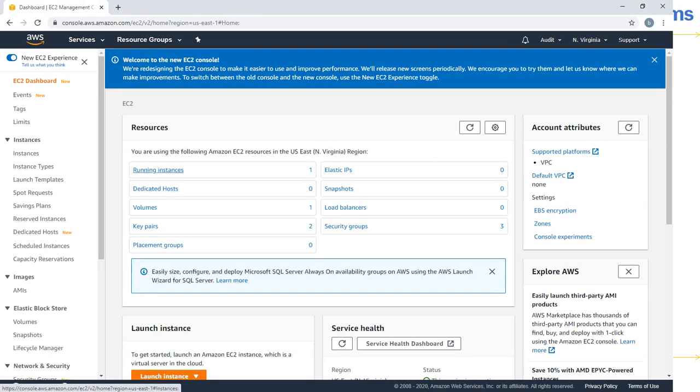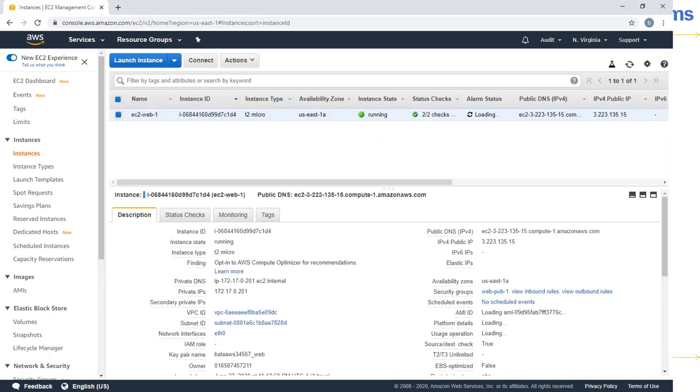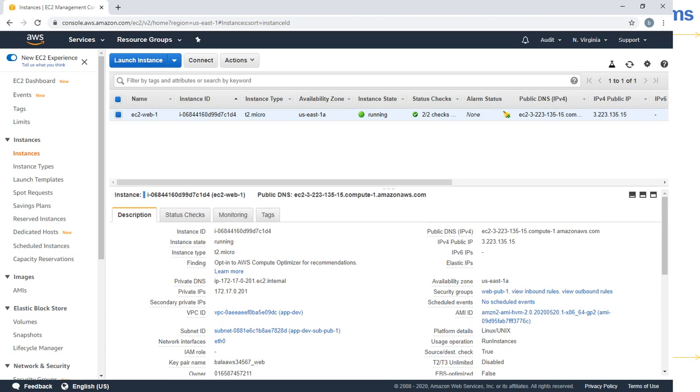If we go to EC2 instances, I have already created an EC2 instance. I am assuming you know how to create an EC2 instance. If you want to know how to create one, you may watch other videos, but in this session we are concentrating on attaching the EBS volume.